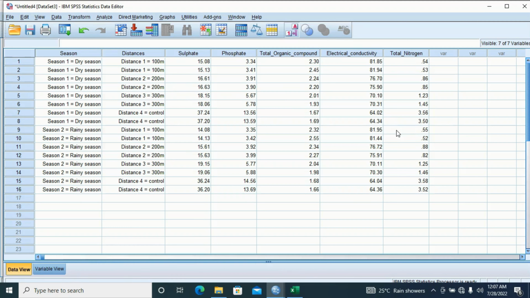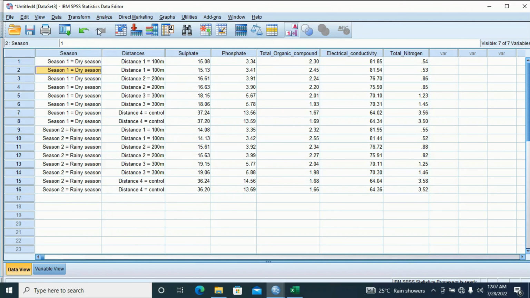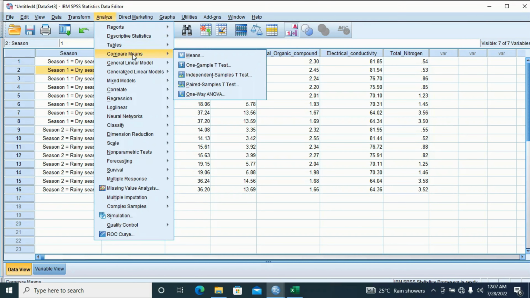In this video, we go straight to analyzing data in two-way ANOVA. While analyzing data in two-way ANOVA using SPSS, there is no option for two-way. If we go to Analyze, then Compare Means, we don't have two-way ANOVA here. So to analyze data collected in two-way form, with two independent variables, we simply analyze two-way